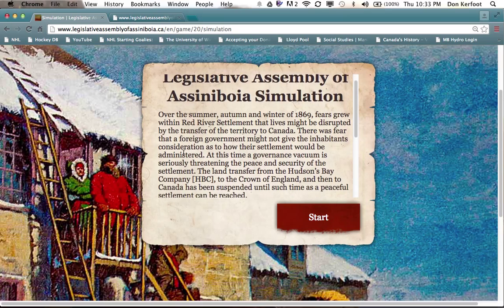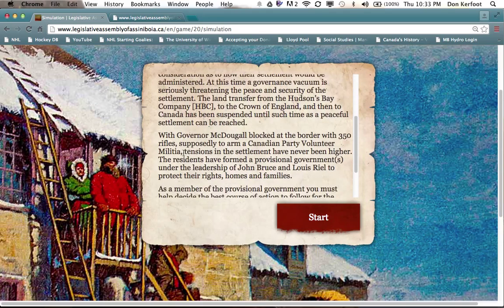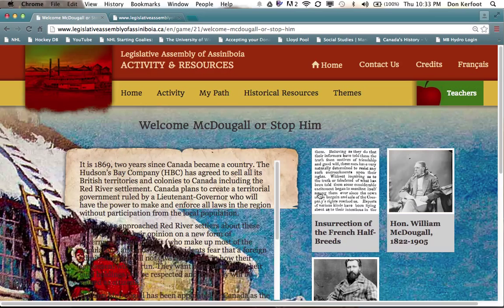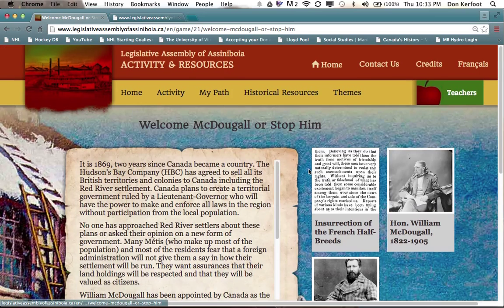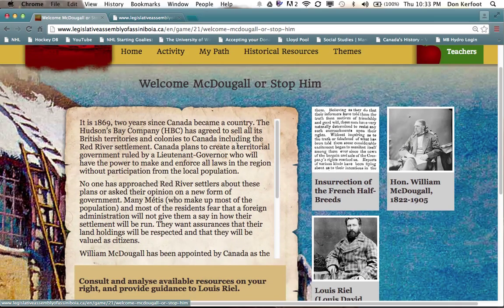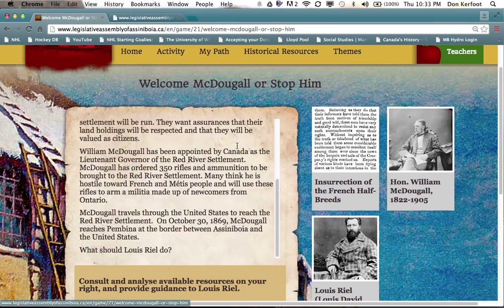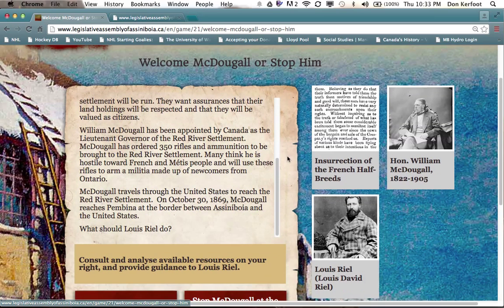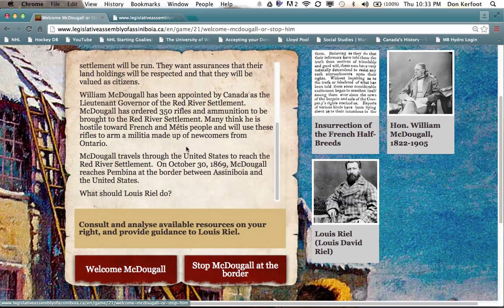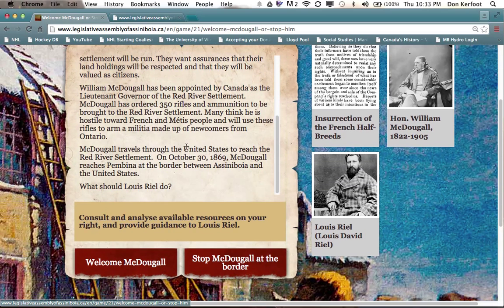So again, students will follow the very user-friendly directions. They'll read the paragraph on each page when prompted to do so,